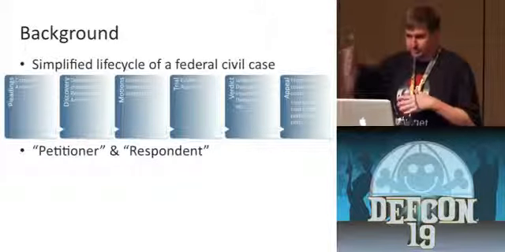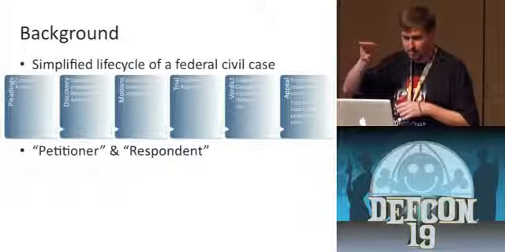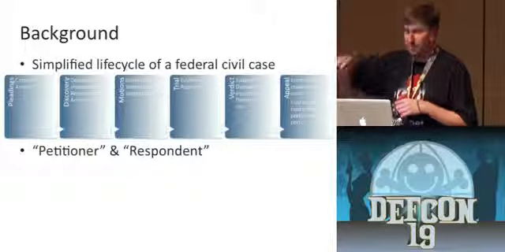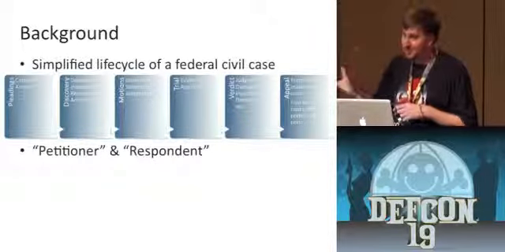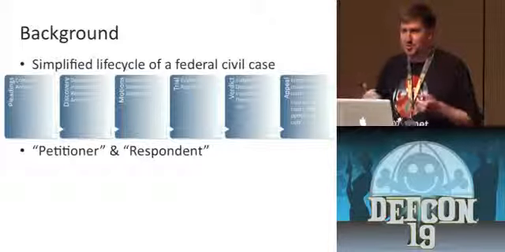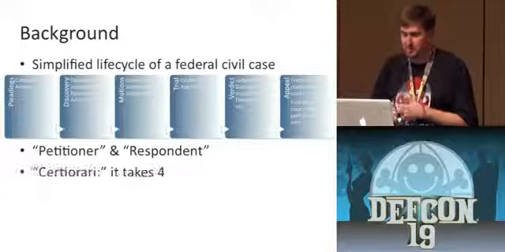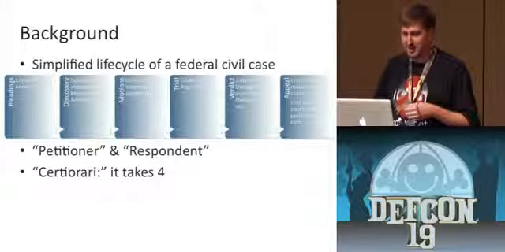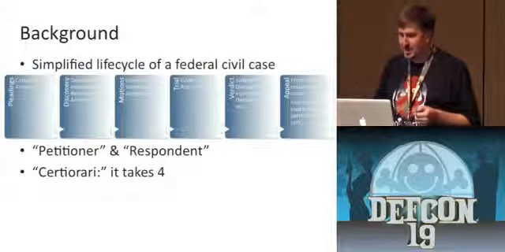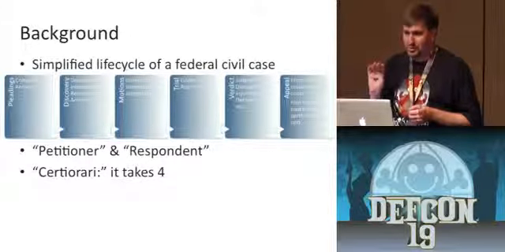And so you usually would, in a federal court, you've heard your trial or whatever procedure at the district court level, you're going to appeal to the circuit court level. Then whoever doesn't like what the circuit court did, they can appeal it and try to get it into the Supreme Court. And this is called a petition for certiorari. Certiorari is the writ that the Supreme Court issues saying, yeah, we're taking the case. And it takes 4 justices to agree.